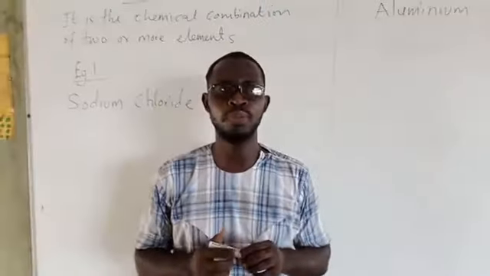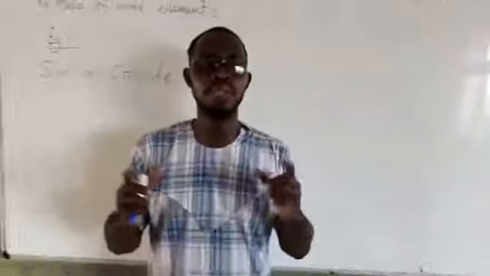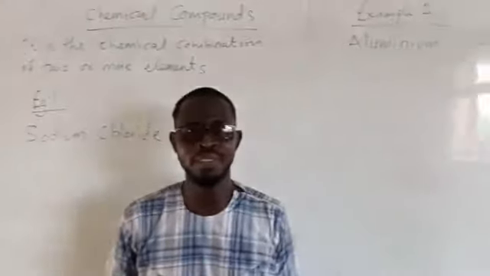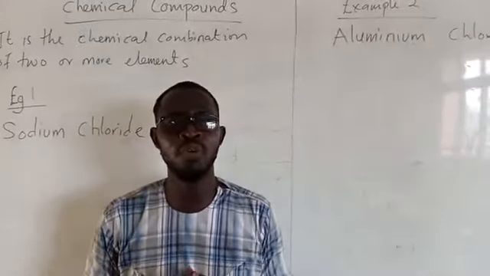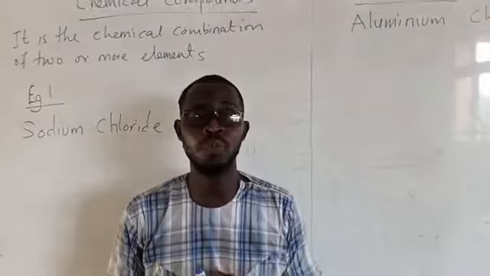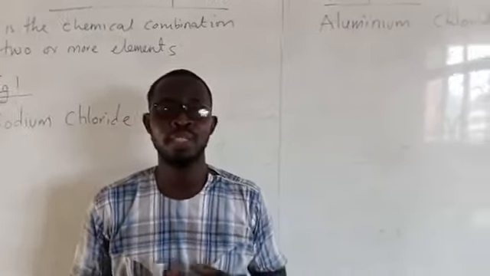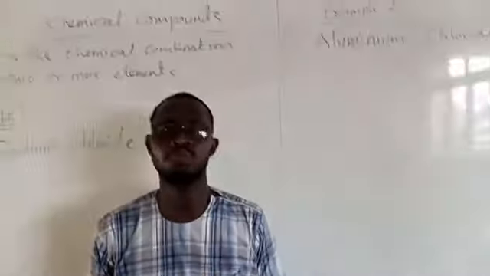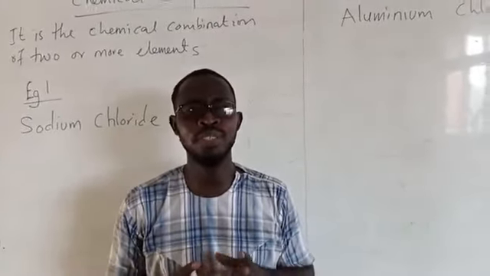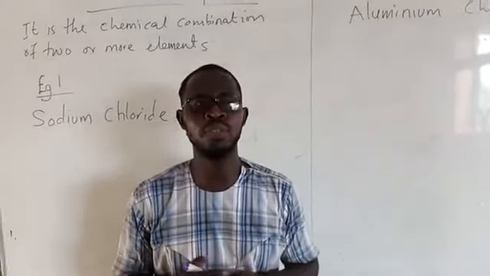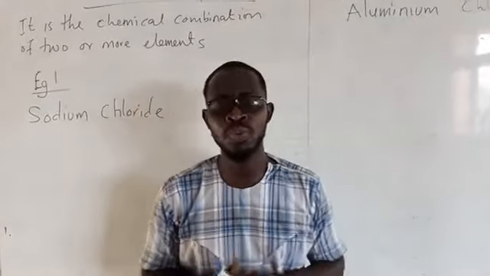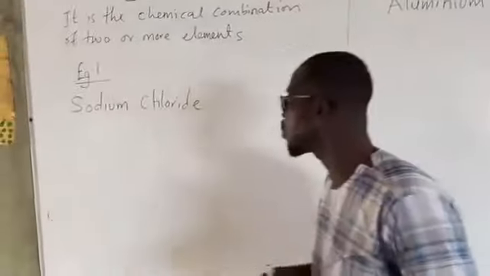What is a compound? A compound is a chemical combination of two or more elements. Yes, it is the chemical combination of two or more elements. Elements can be combined to form compounds by chemical means. So we're going to look at the strategies to combine two or more elements. It's going to be very simple, so follow me even as we go to what we want to do for